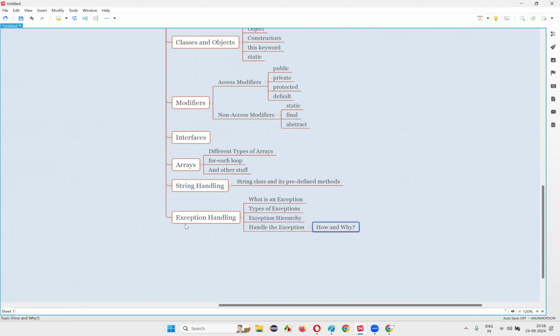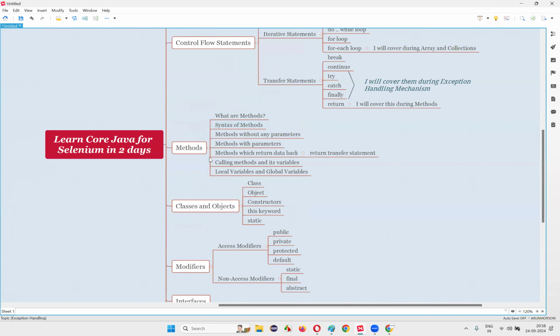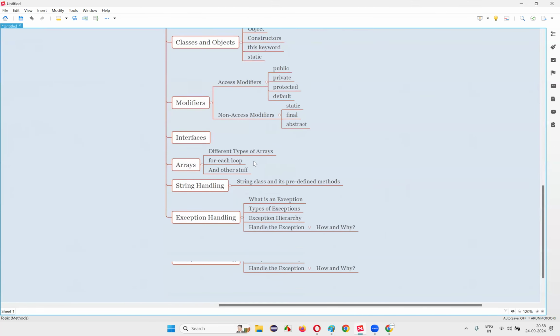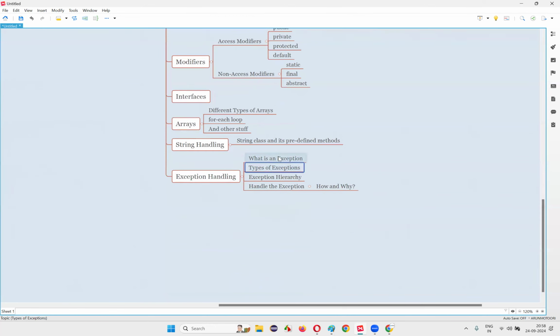Without having the purpose, we should not learn any topic, guys. For all these topics, I'll first explain the purpose. Once I explain the purpose, then only I'll explain how to use this in programming. Without understanding the need, practicing these things is useless. So I'll first explain why it is required, how we have to use it, how we can handle it, and different